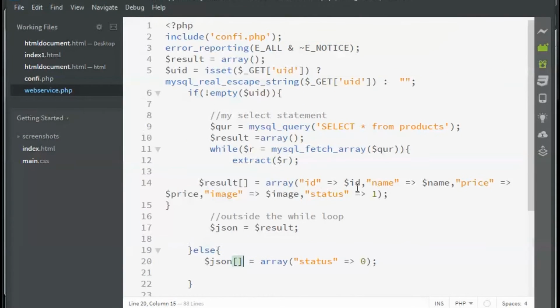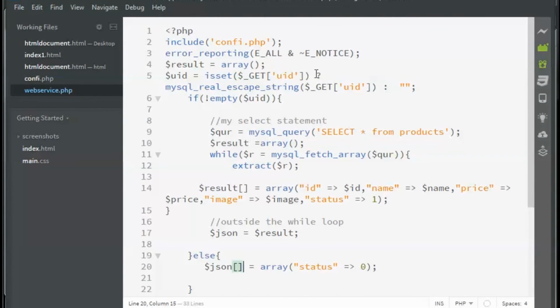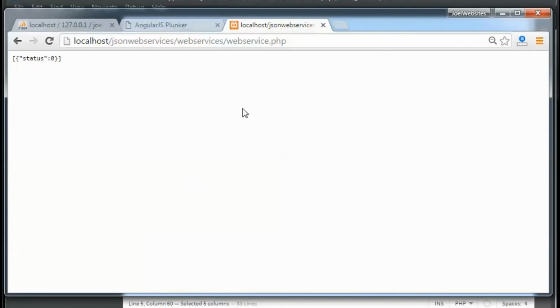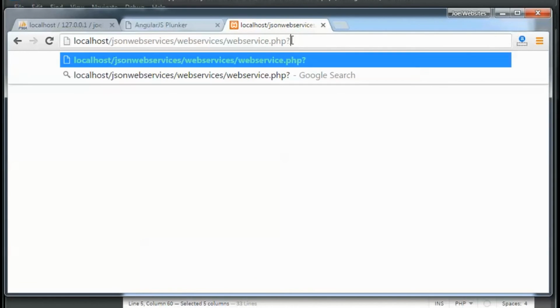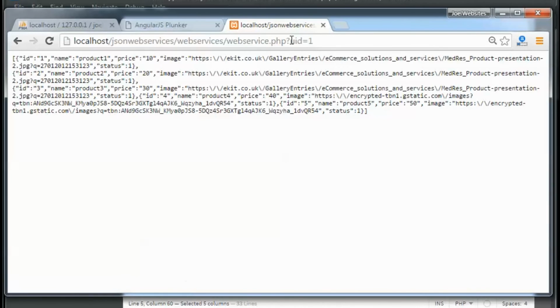So this will help you get the data in whatever your JS application may be. Okay, so I'm just going to type in some UID. I'm getting the value of UID using GET. I'm putting this UID to demonstrate how you can pass extra variables to this. If you have a select statement, you can pass a variable and put in a where clause in your select statement, so it will help you get specific values. I'm just putting this for namesake for now, but I'm giving you ideas so that you get more data or specific data in your applications.